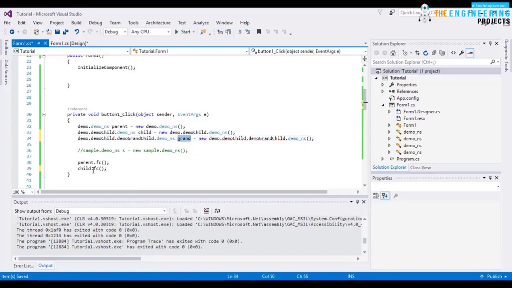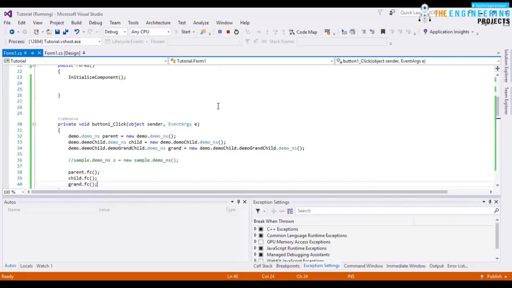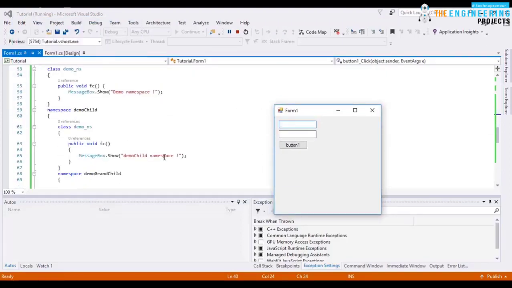Okay, so grant will also get dot fc function. Now execute the program and you will observe first it will show a message that it is from demo